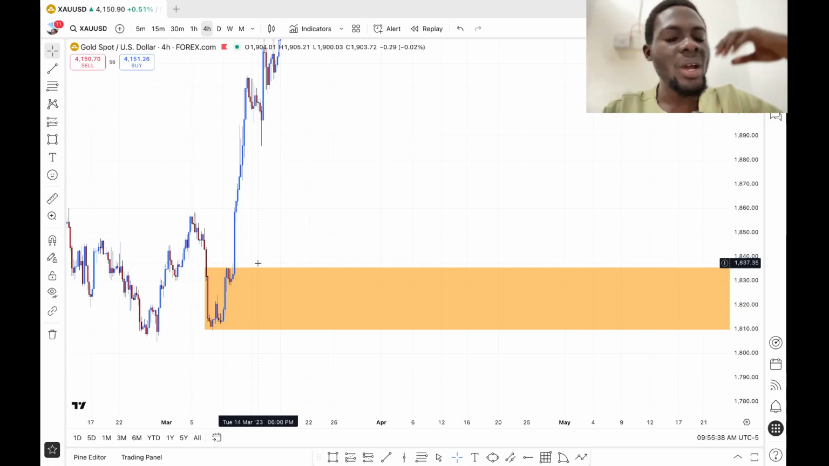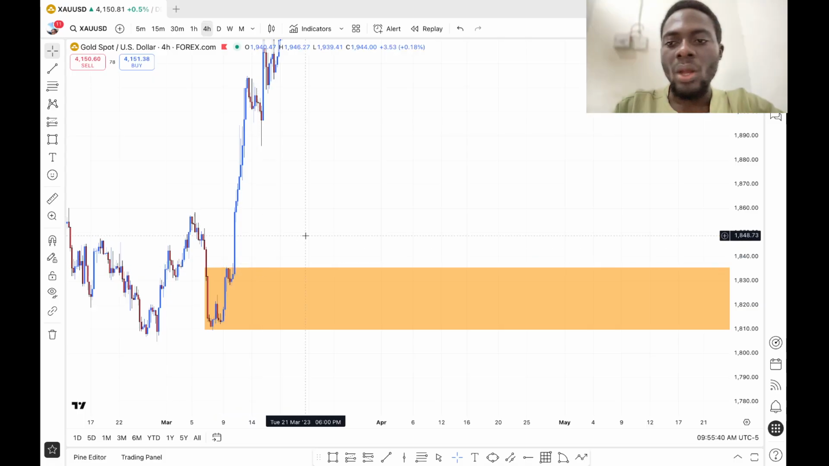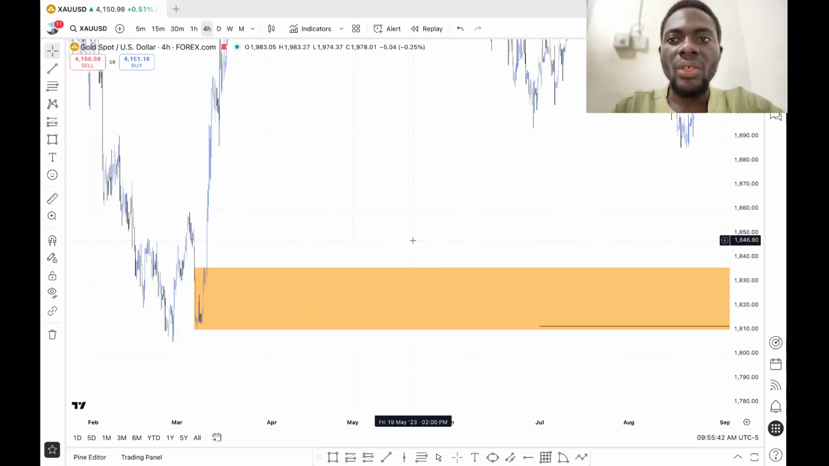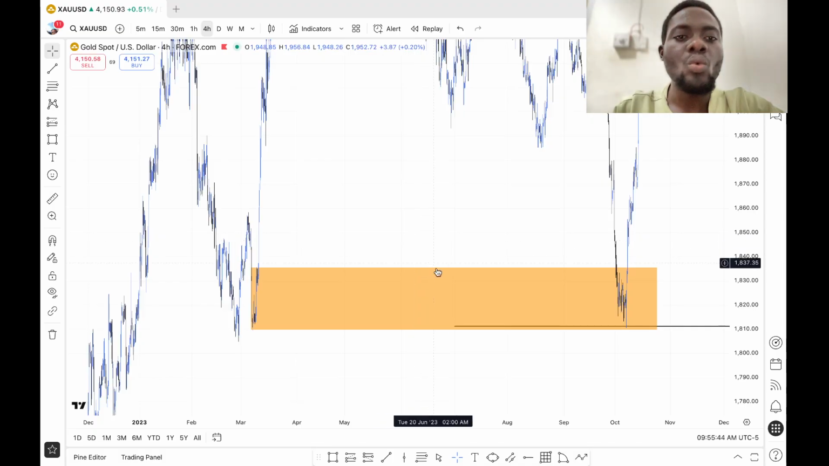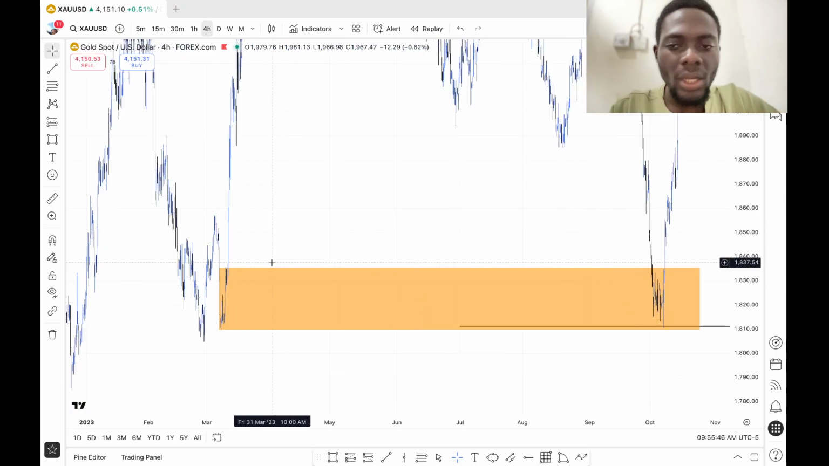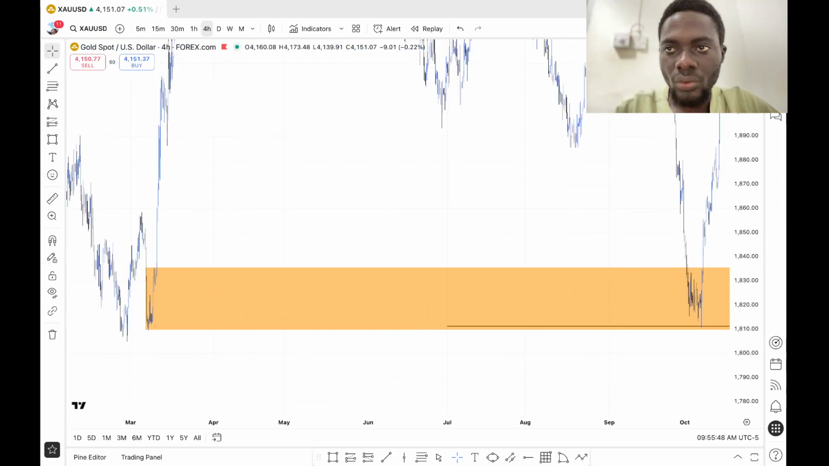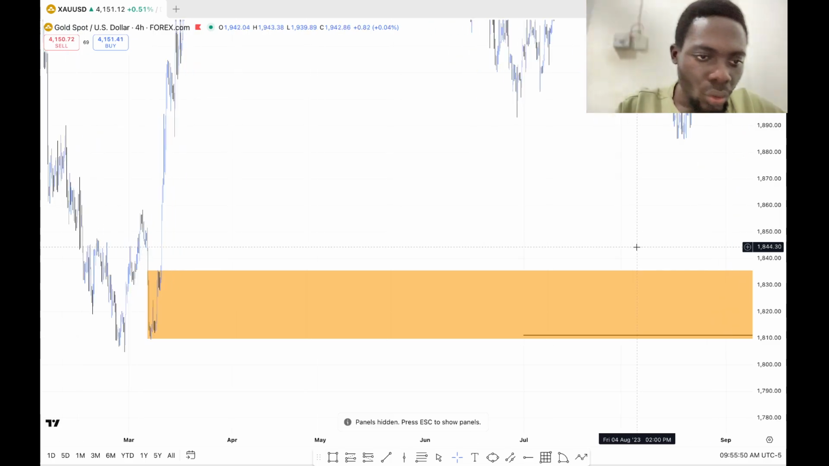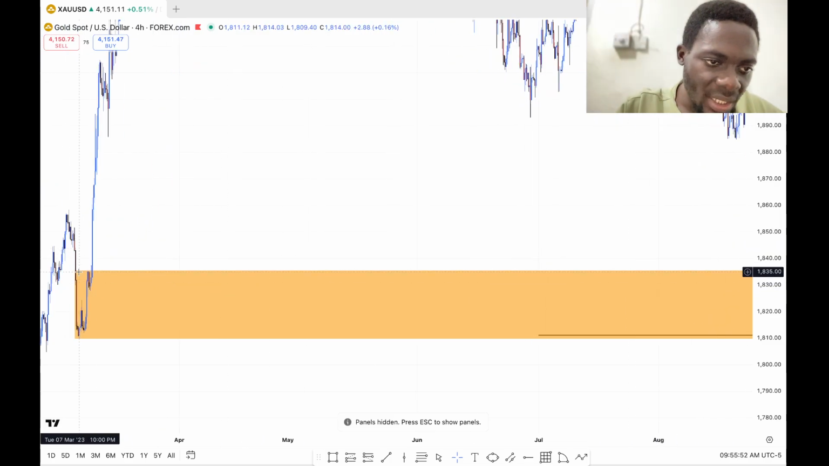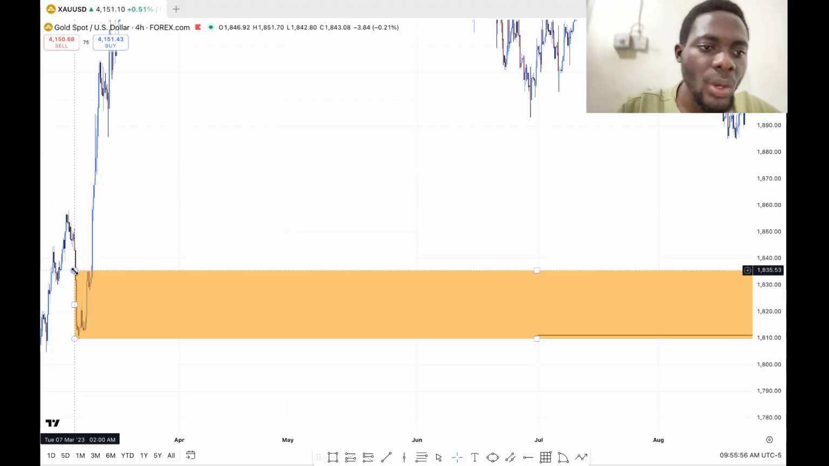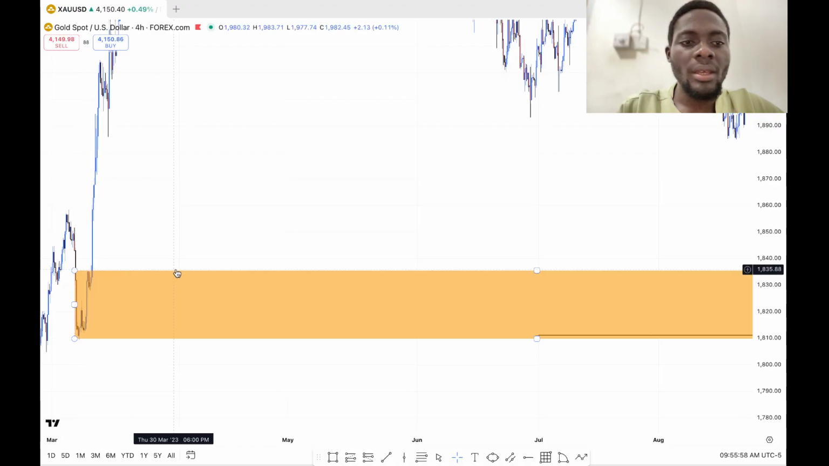And then price expanded out of that order block. So at points where you think the order block is too large for you to trade, you come on the lower time frame, and then you look into the detail of the order block, and then you see levels where you think, okay, this is where